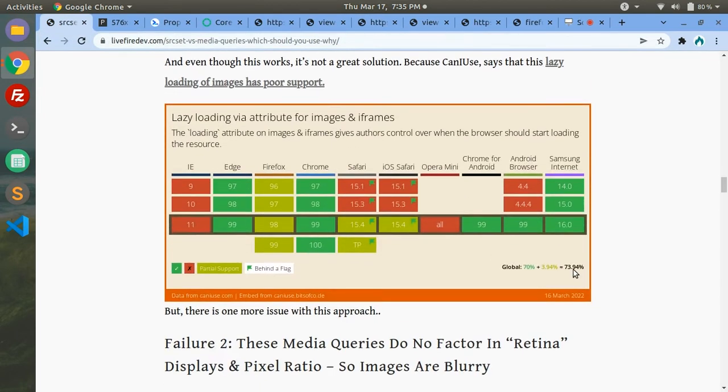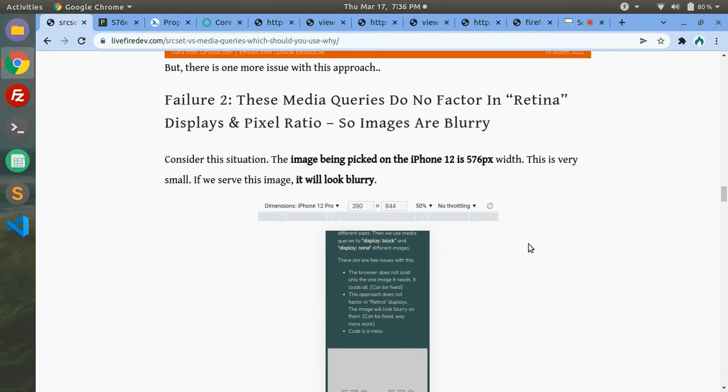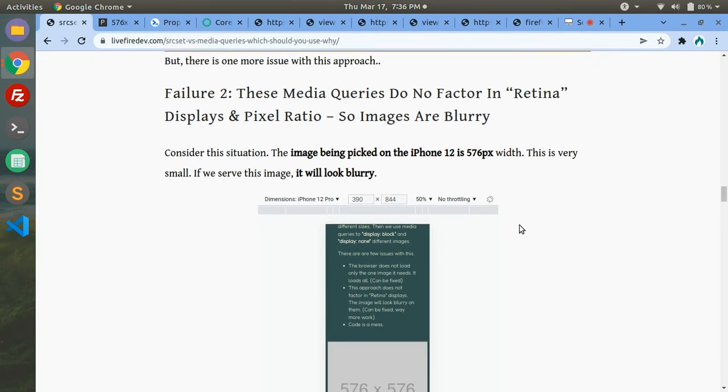But as I said earlier, the problem is that the support is 73%. Support will always keep improving, and you should probably use loading equal to lazy for all of your images. But as of now, this doesn't really solve our problem well. The second problem, which is the more elaborate problem to solve, is that